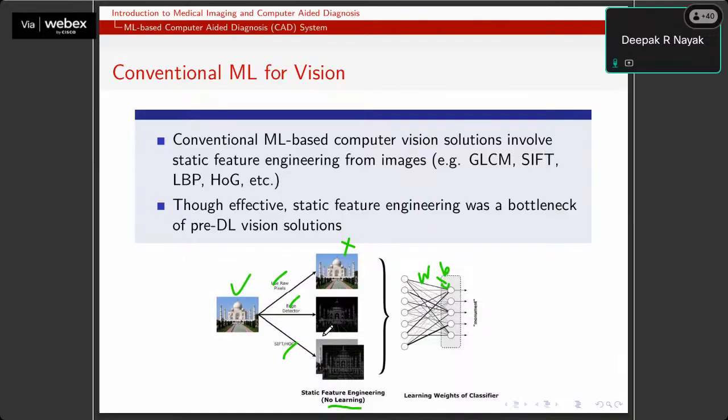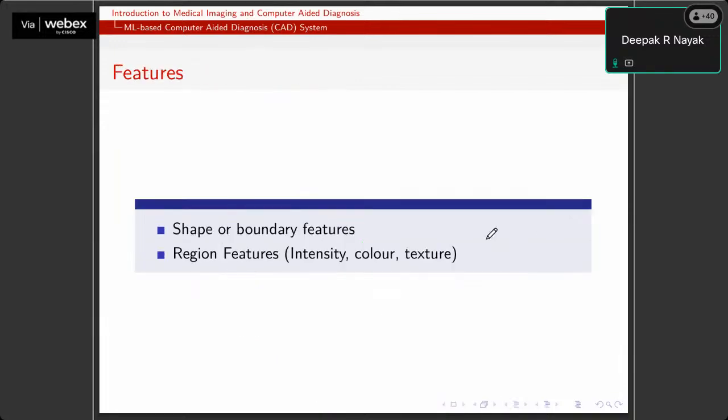That is why these machine learning based CAD systems are not very popular: the features are static, and choosing the best classifier as well as the feature extraction technique is very, very difficult. That is why we are very much interested in deep learning based algorithms, and we'll see how they try to overcome this problem. You might have already studied the concept of deep learning in the last few days, and that is again going to be useful in this case.